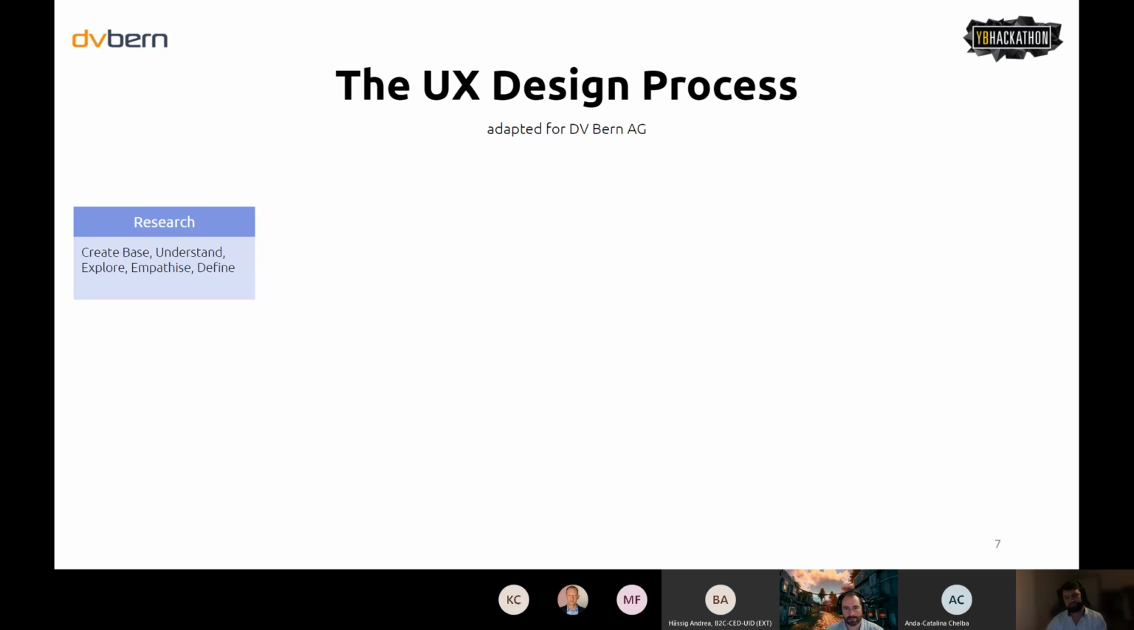So at the end of the research phase, you have already defined all the key insight points you have about the user and also about all the roles, all the challenges and pain points. Then, based on that information we gathered, I create the information architecture